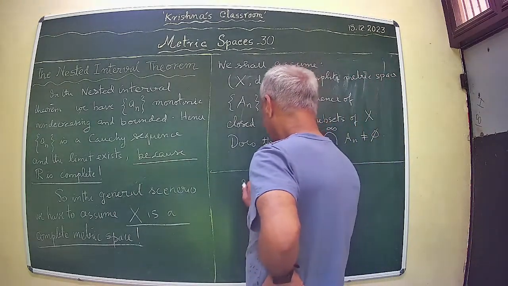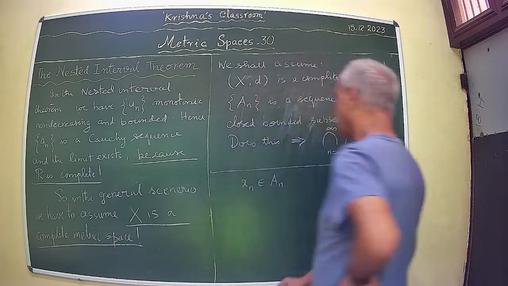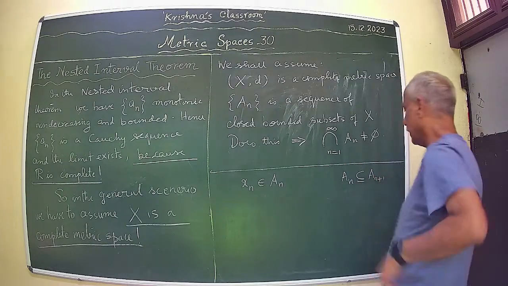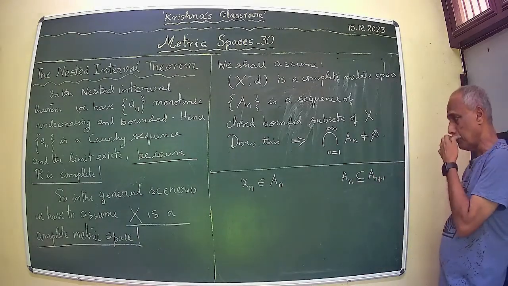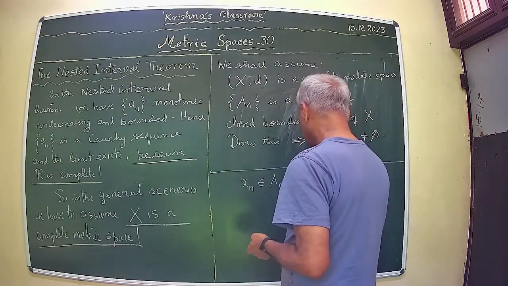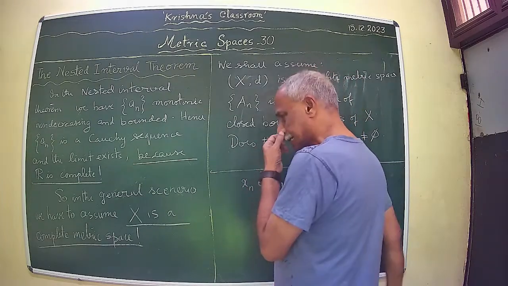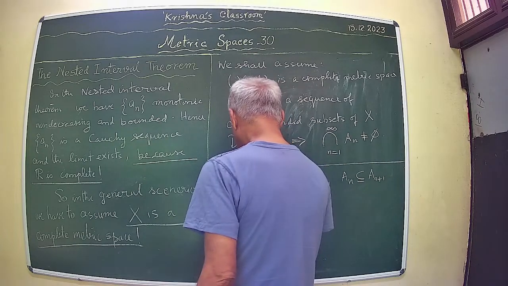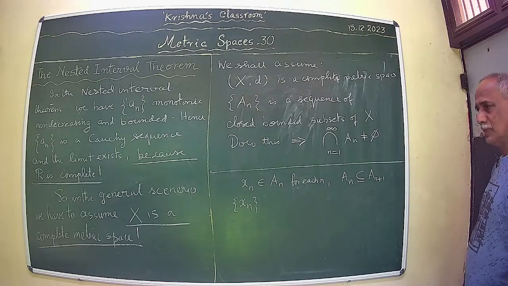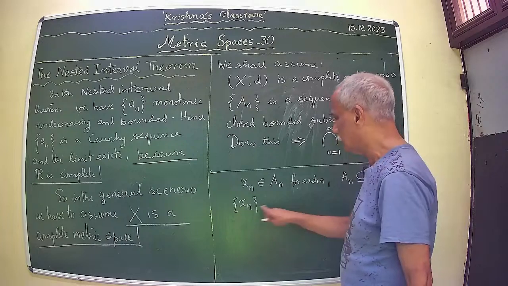Take xn belonging to An for every n. Now you see that you have a sequence xn. Now to get the limit of this,